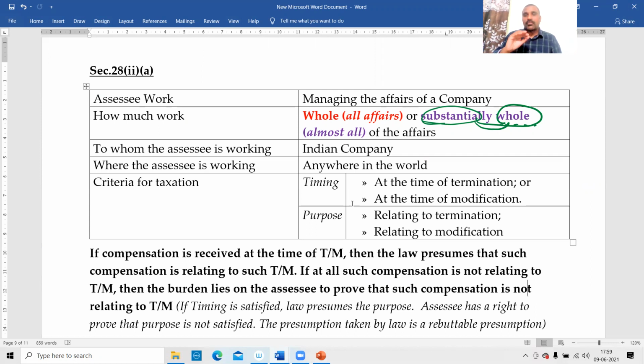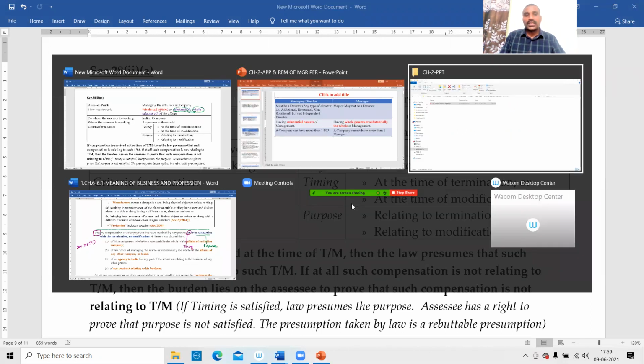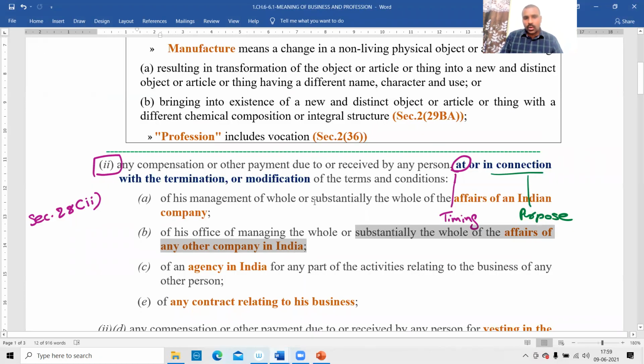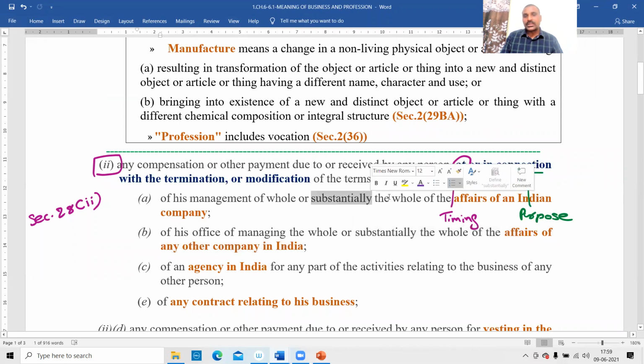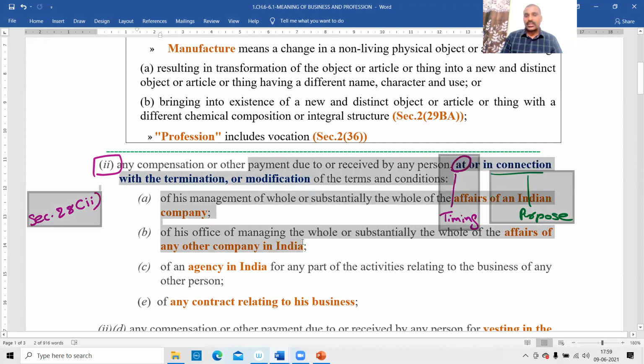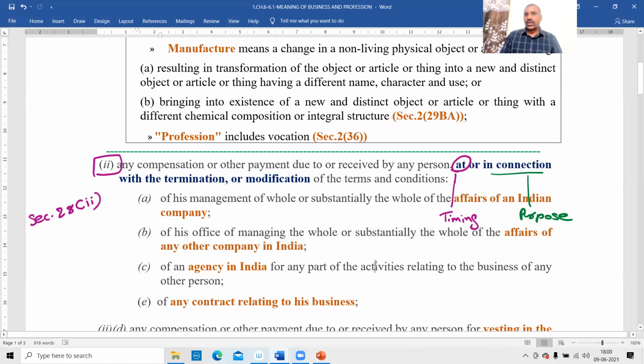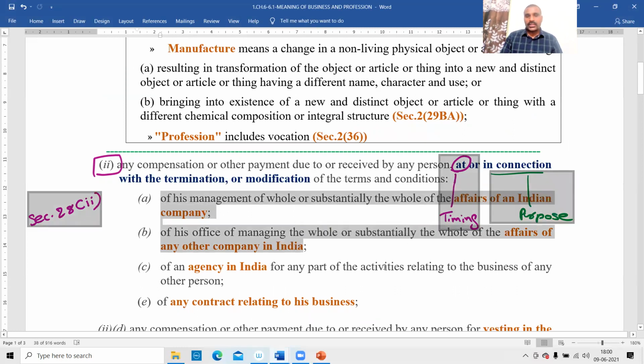Because managing director manages only some of the affairs. What the provision says is substantially the whole. Don't read only substantially. Read the words substantially the whole. That means we are talking about a person called a manager. Okay, right. That is what this point 28.2 says. We are talking about a manager. Next,